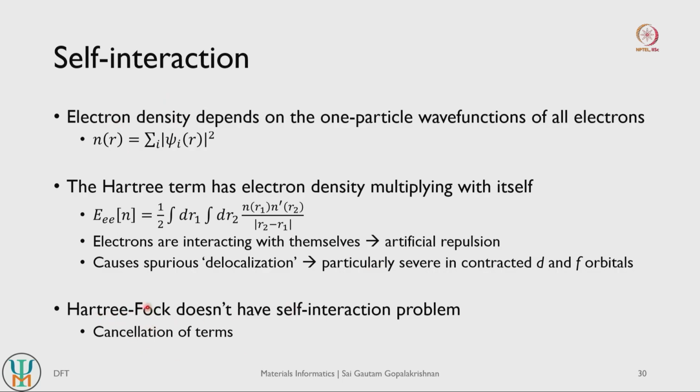And if you are actually using Hartree-Fock, which uses Slater determinants to represent the many body wave function, Hartree-Fock does not have the self interaction problem per se, because it has a perfect cancellation of terms. So there is perfect cancellation between the Coulomb term that arises from self interaction and the exchange term that arises from self interaction, and because those two terms cancel themselves, Hartree-Fock does not have this problem of self interaction. But any exchange correlation functional in the framework of density functional theory will have some level of self interaction error or self interaction problem, okay.